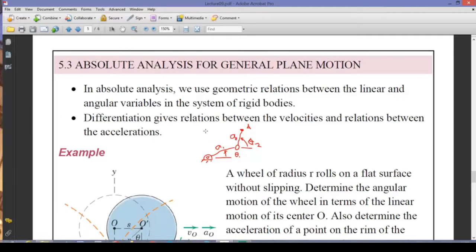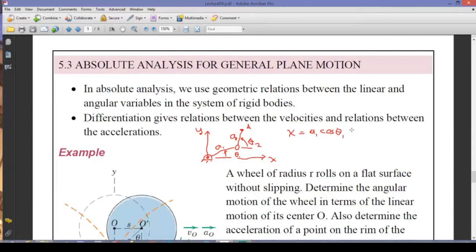Now, with respect to a frame that we attach at this point, let's say that we have an XY frame here, X and Y. Now we can write out the absolute position of this A point with respect to these angles, right? And this would be in the X direction, so I'm taking a look at the projection of this link onto the X axis. That will be A1 times cosine theta 1,